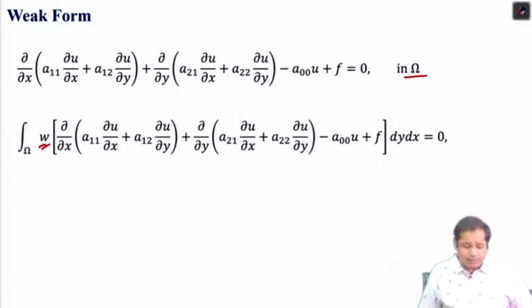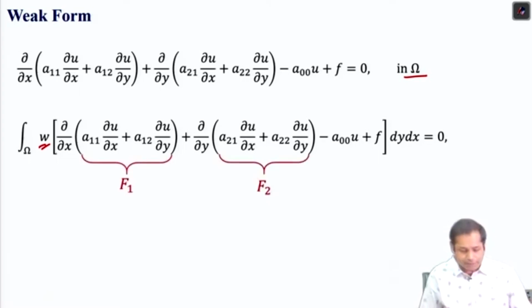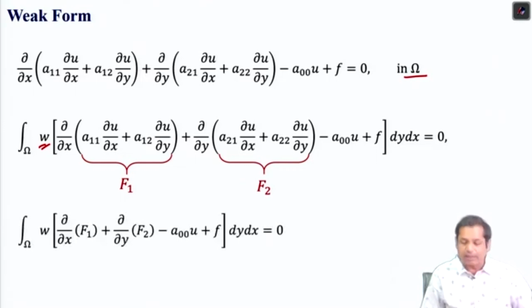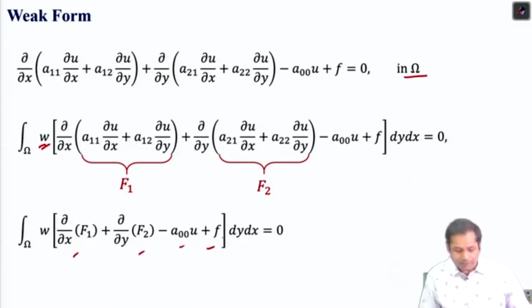So the next thing is we need to integrate the entire thing by parts, and then that will give us the bilinear form, this variational form. Okay. Now, since the expression is very big, let us write it in a very compact form. So that is F1 and that is F2, and with this our equation becomes this, right? Okay, so we will now take each term separately and get the expression, and then write the entire expression